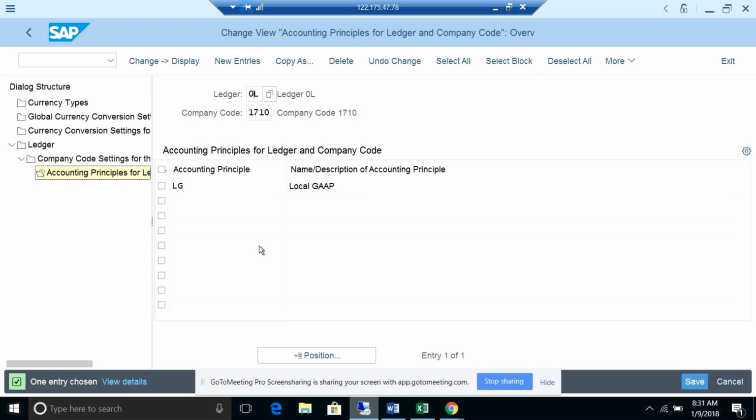This all should be in sync. Otherwise you will get errors, and this is a prerequisite, and that is what we saw yesterday in the pre-migration steps. This step will be there. Unless you do this, you cannot go for the migration.